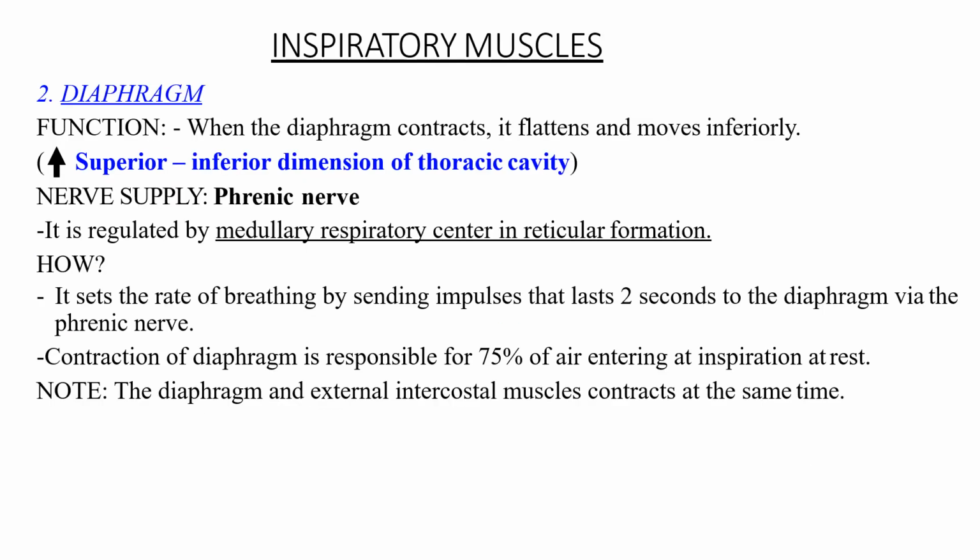And the diaphragm function is that when it contracts, it flattens and moves inferiorly. So this causes an increase in the superior to inferior dimension of the thoracic cavity. The nerve supply is by the phrenic nerve, and again it is also regulated by the medullary respiratory center. So it sets the rate of breathing by sending impulses that last 2 seconds to the diaphragm via the phrenic nerve. The contraction of the diaphragm is responsible for 75% of air entering in inspiration